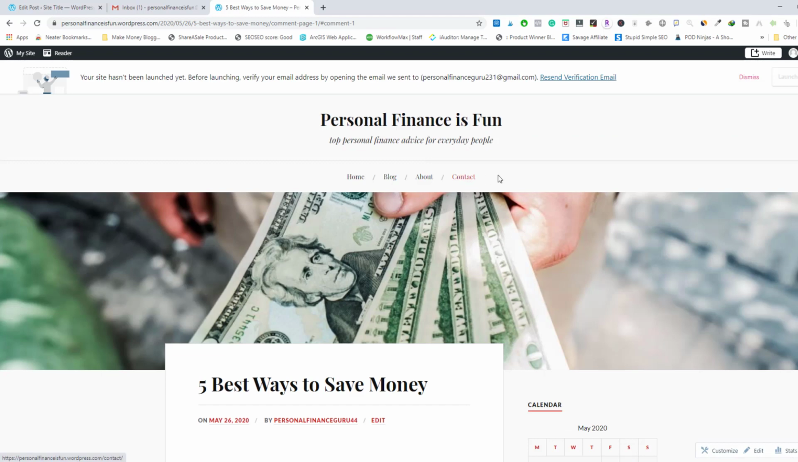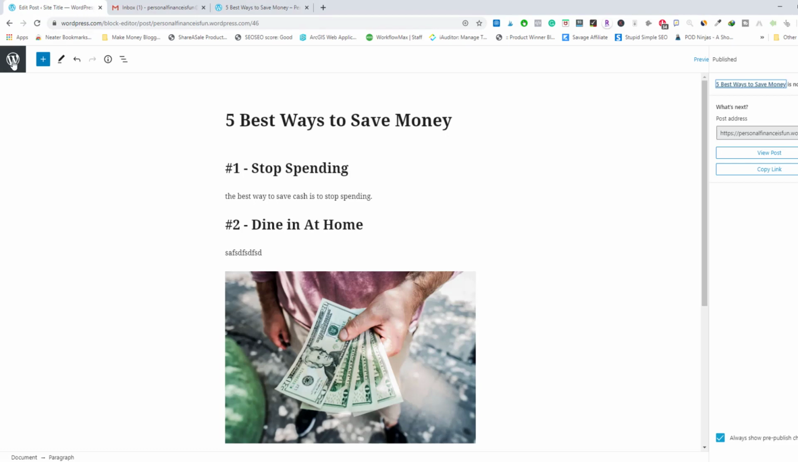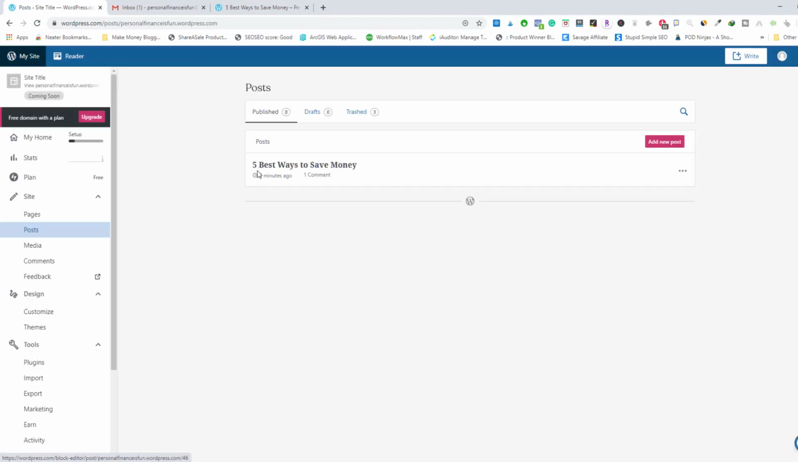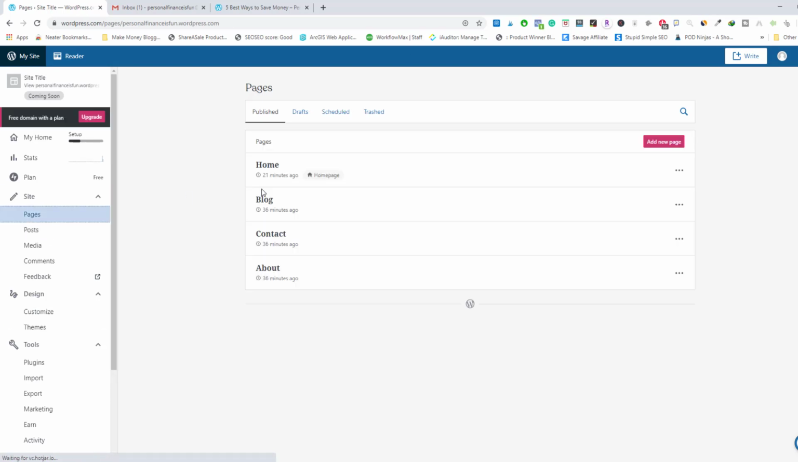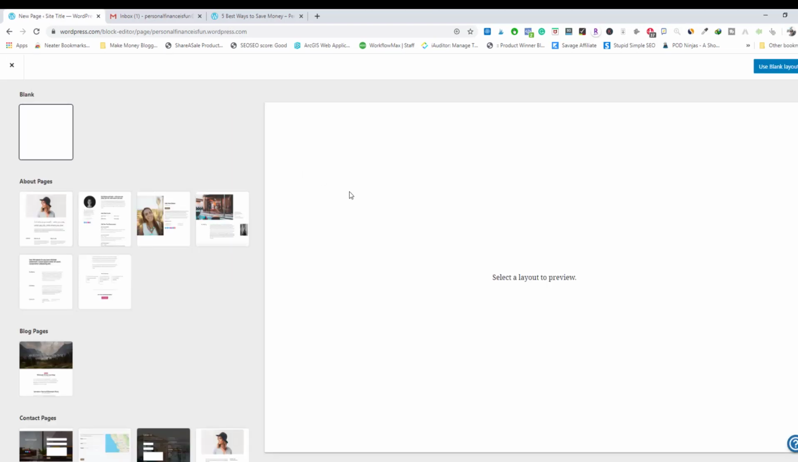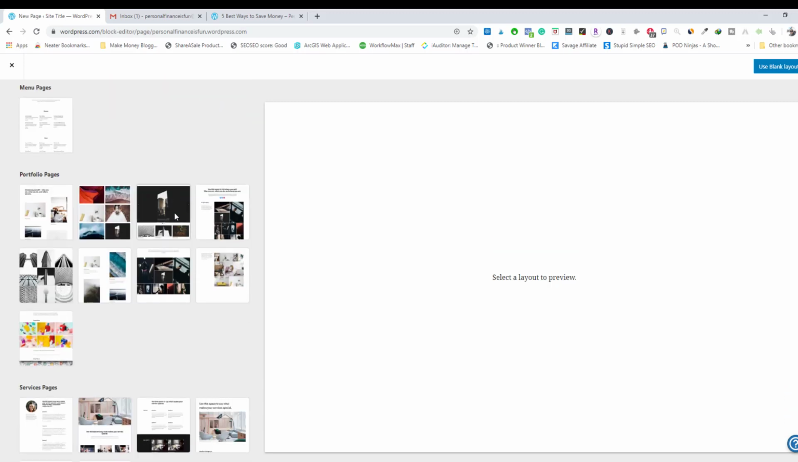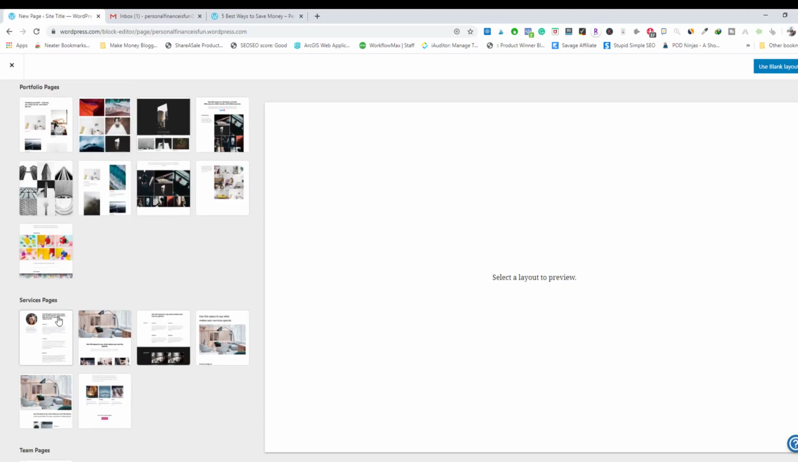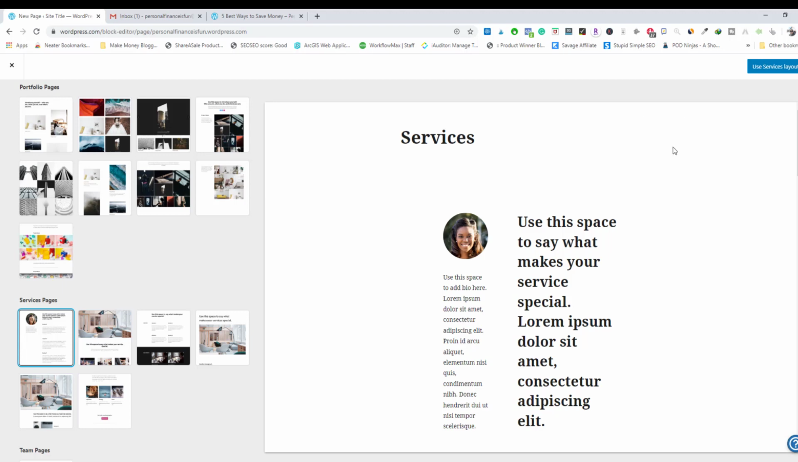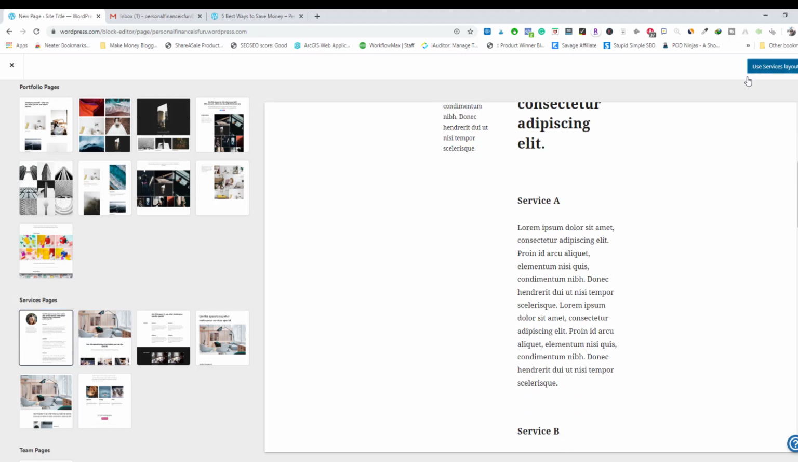And to create another menu item, all you have to do is add a new page to it. So if we go back into the back end of WordPress, all you do is click pages and add a new page. And for example, I'm just going to add advertise with us. Okay, there we go. So we've actually got some predefined templates here that we can use, but I'll just choose one. I'll use this one here, and I'll go use services layer,